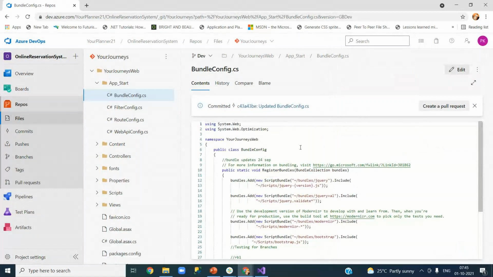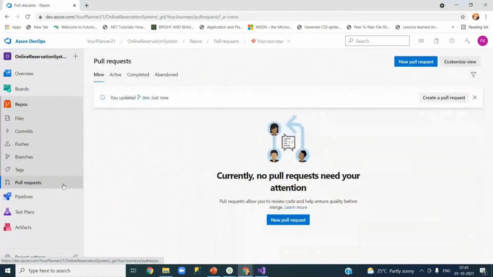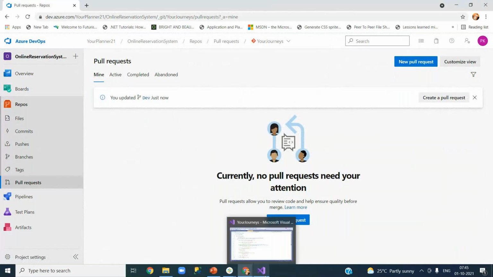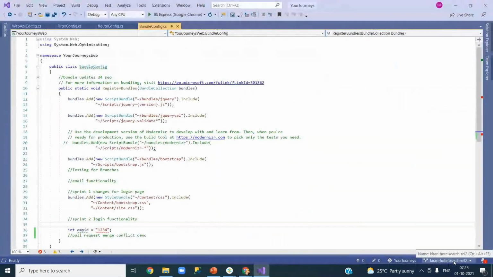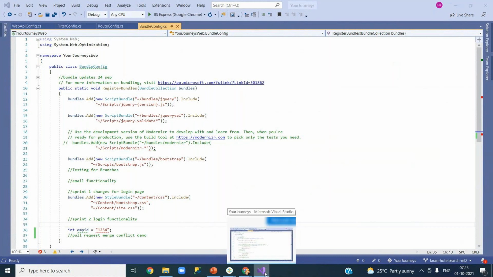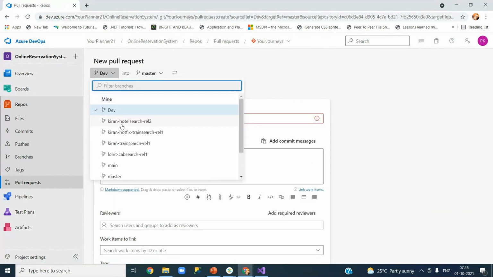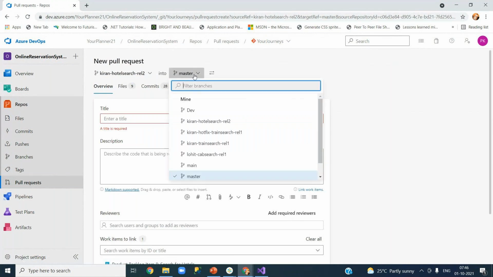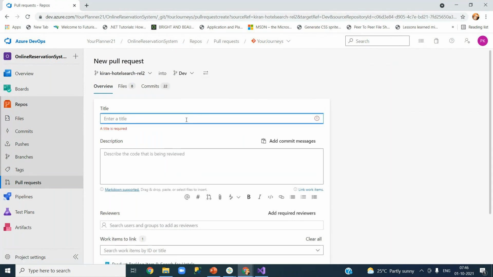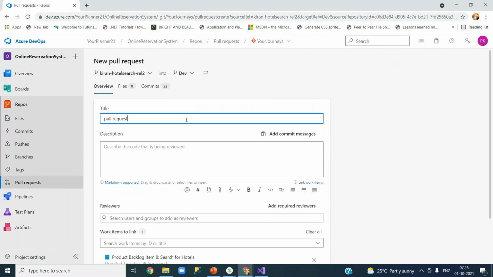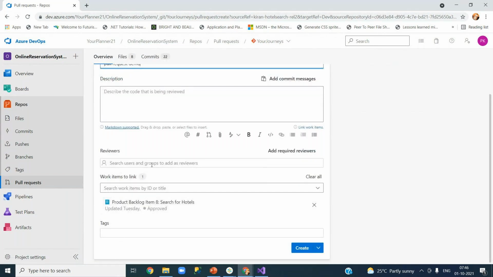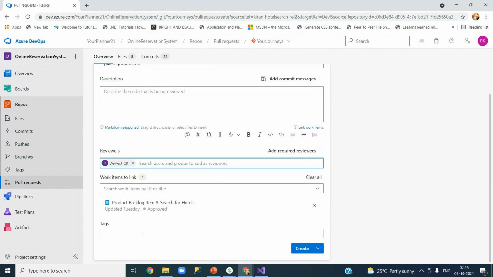Now let's come to pull request. I'll try to merge my hotel search feature branch with the dev branch basically. That's my parent. What I do, go to new pull request, dev is hotel search, and then to dev, give some name, pull request demo, and then add some reviewer. You can give some tag,